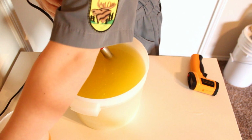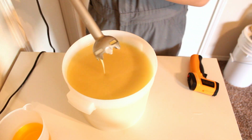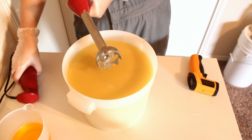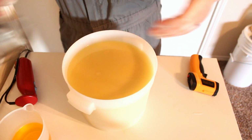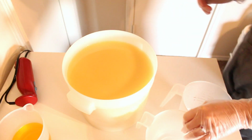Now that all that's in there, I'm setting the container off to the side, and I'm going to mix this on low. Now it's still pretty runny, but I'm going to go ahead and take the stick blender out because I'm going to be adding colorants, and I still have to add fragrance oil, so there's plenty of time for me to mix that up some more, and I don't want it to get too thick. So I'm going to set that off to the side,